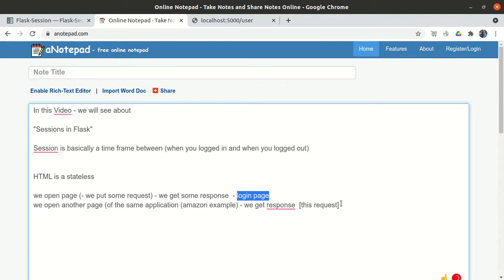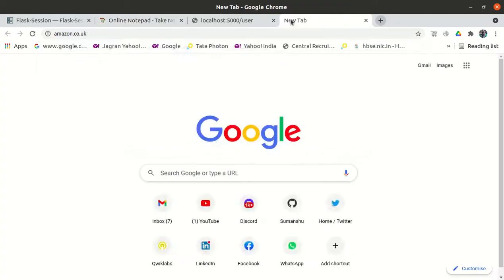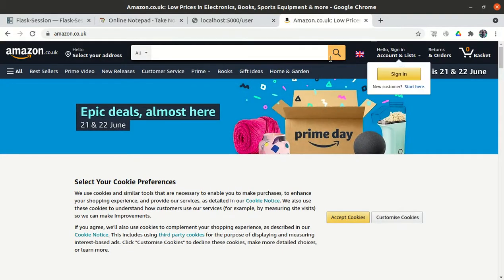amazon.co.uk, right? Let me show you amazon.co.uk. Yeah, let me log in once.